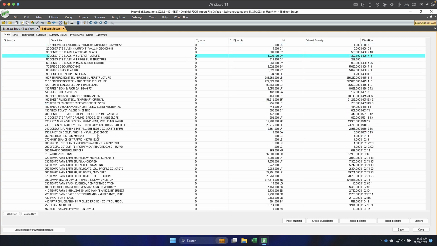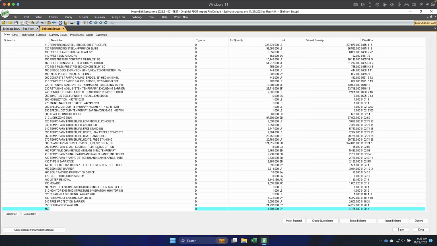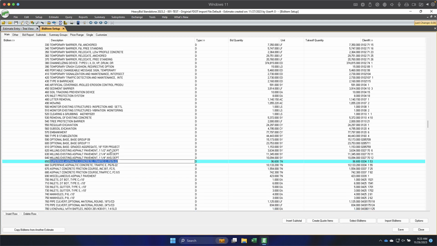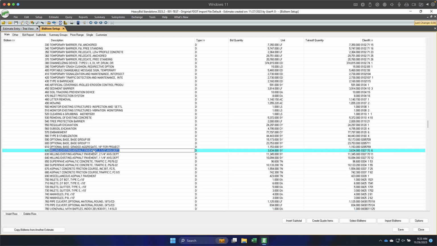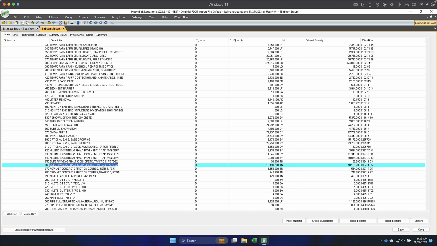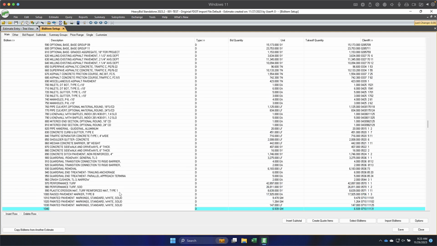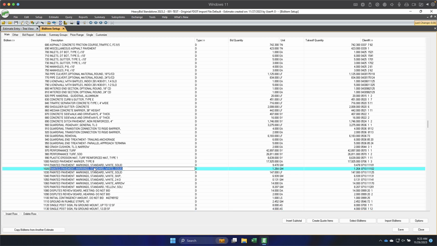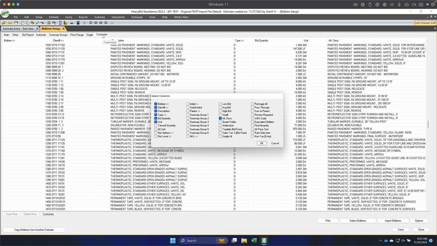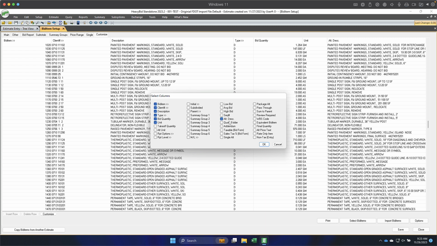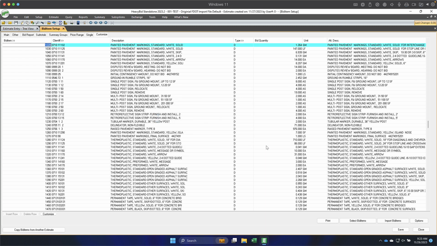You can come down here to the asphalt, and that came in, but it looks like some of it is missing right there, and of course down here on the striping, a lot of it is missing right there. However, if you hit customize right here and customize again, there's the alternate description right there,